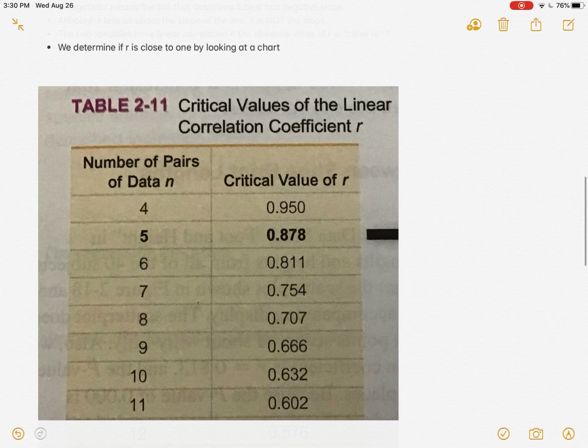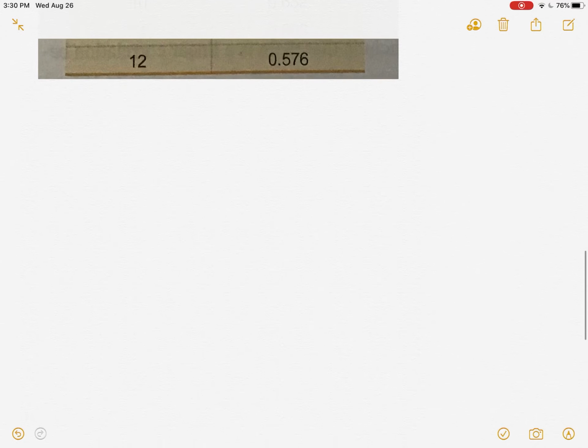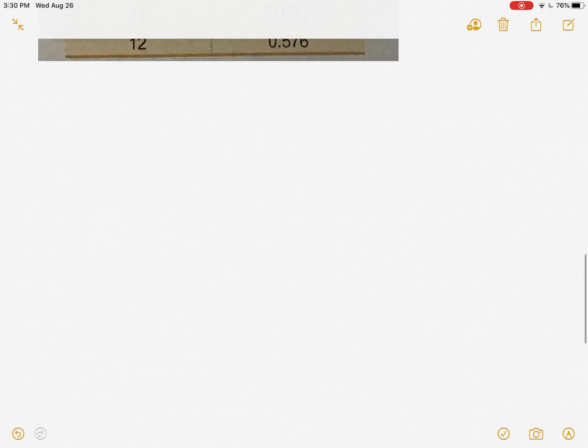So if there's 4 pieces of data, you need an R value of at least 0.950 or higher, right? I guess I said at least. But if you have 11 pieces of data, it can be as low as 0.602 as an R value. Anything above 0.602 would be close to 1, right? And if you had 12 pieces of data, you could get by with any R value that's greater than 0.56. And so what the book should do is they should tell you, hey, we looked at,